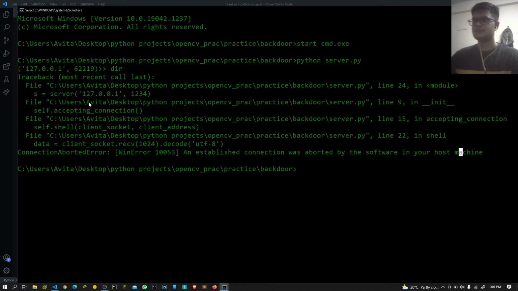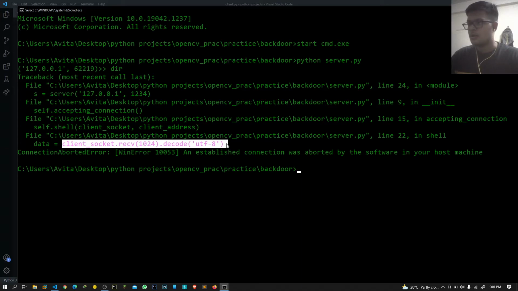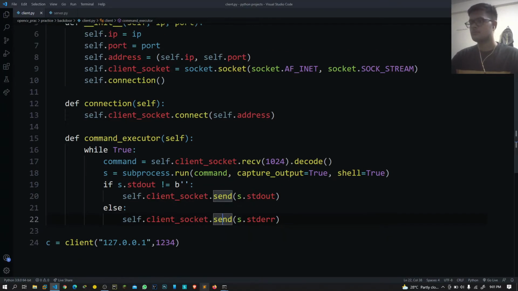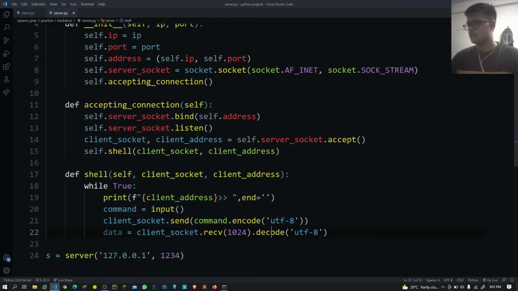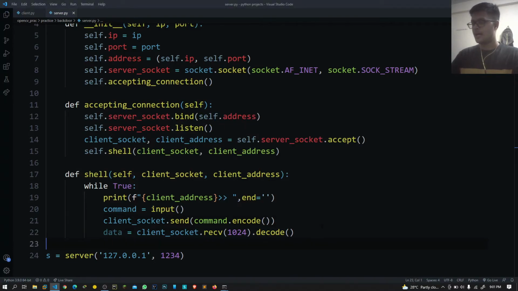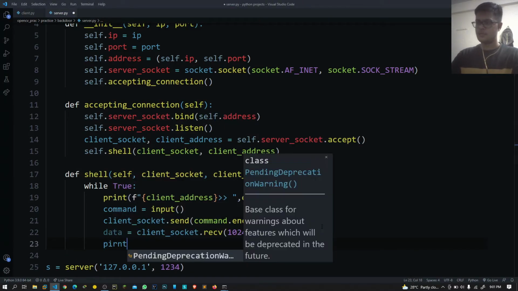Let's see. We can't decode this. Okay, let's set it to the normal point. And I forgot to add one thing, that is printing the data.